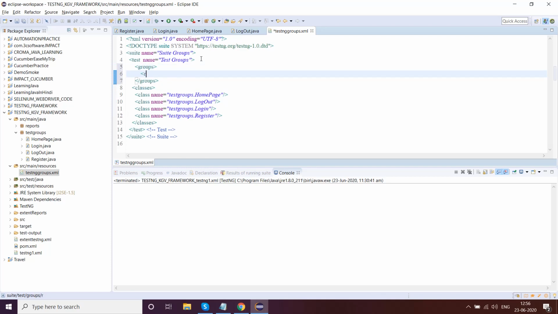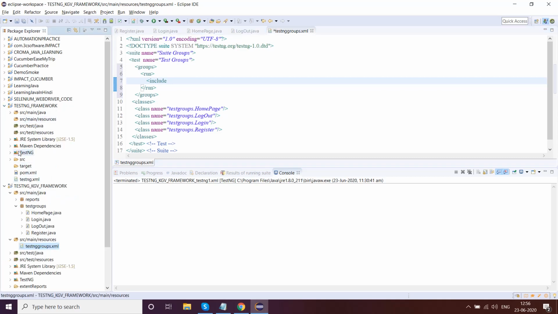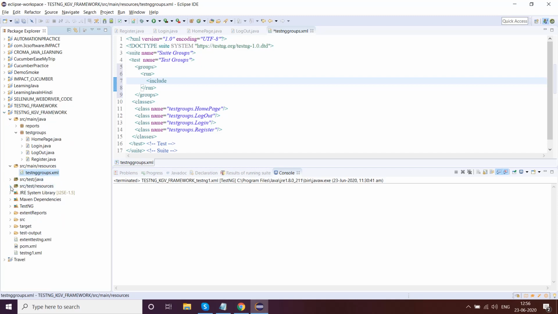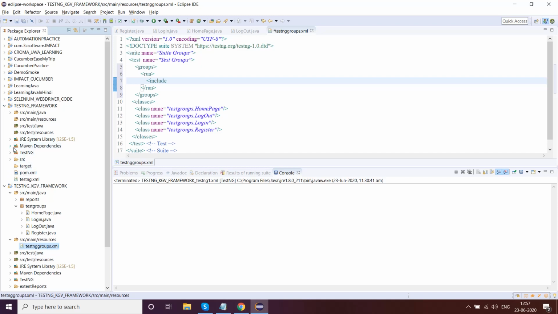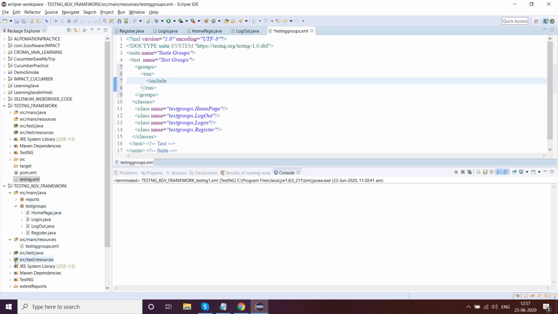So now there is one more command, run, and here you are including, one second guys, let me go back. Did I create something under src resources?